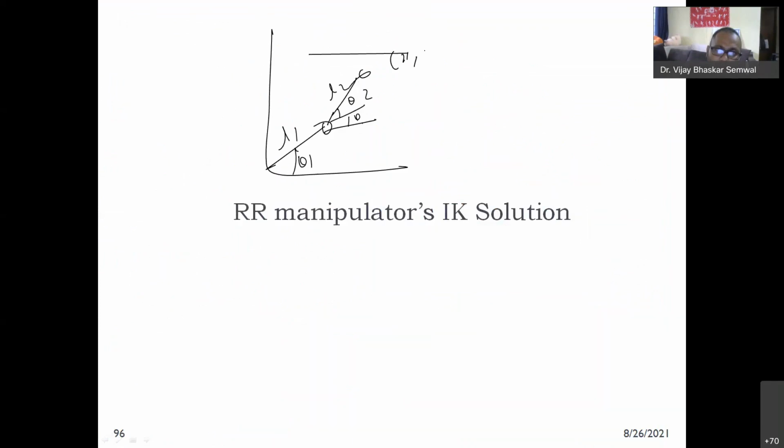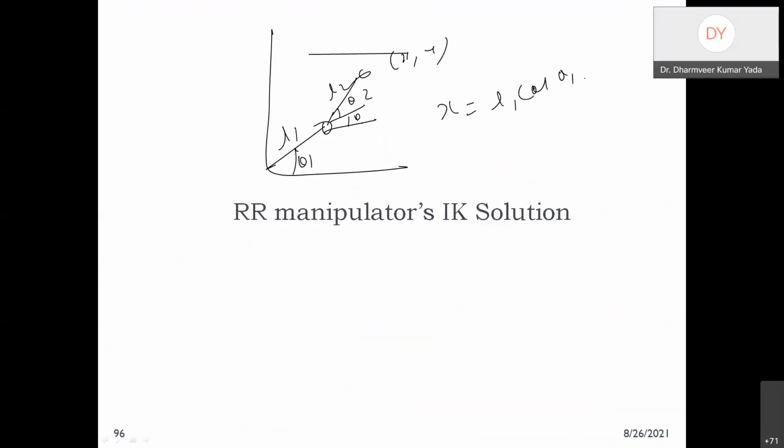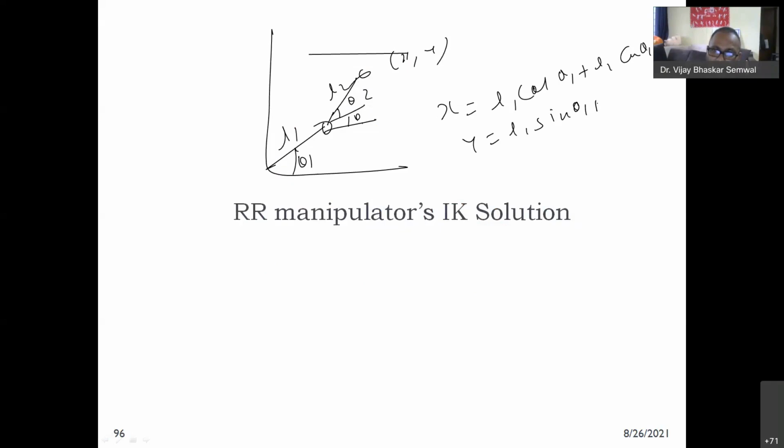Any participants have any query? So x equals L1 cos θ1 plus L2 cos(θ1+θ2), and y equals L1 sin θ1 plus L2 sin(θ1+θ2). This is the forward equation. If you take equation 1 and equation 2, take the square of both, 1 squared plus 2 squared, you can get here from